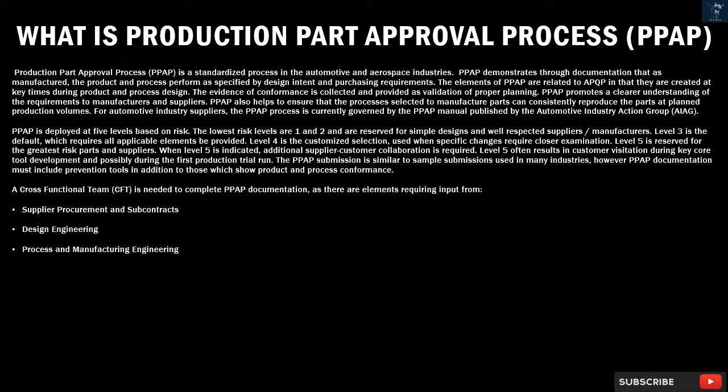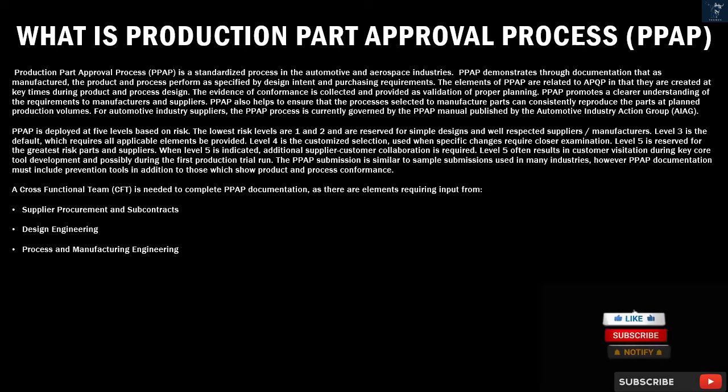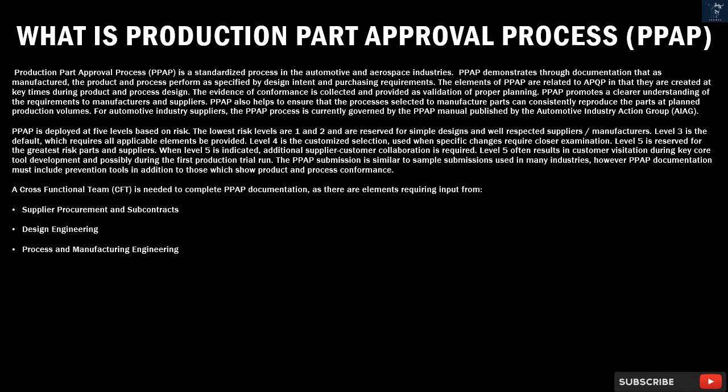The elements of PPAP are related to APQP in that they are created at key times during product and process design. The evidence of conformance is collected and provided as validation of proper planning. PPAP promotes a clearer understanding of the requirements to manufacturers and suppliers. PPAP also helps to ensure that the processes selected to manufacture parts can consistently reproduce the parts at planned production volumes. For automotive industry suppliers, the PPAP process is currently governed by the PPAP manual published by the Automotive Industry